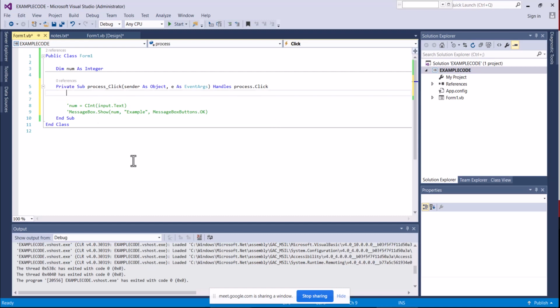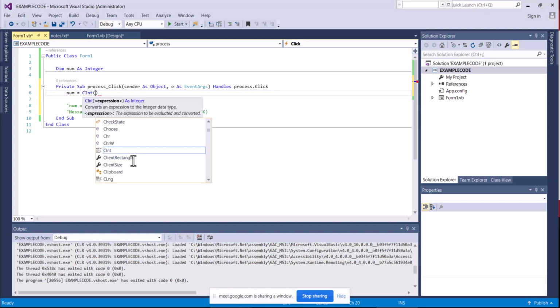We want to say if it's our number. So we want our number to be equal to CINT, we open and close brackets, input dot text,